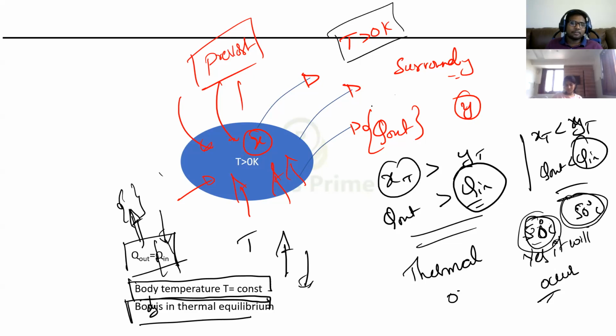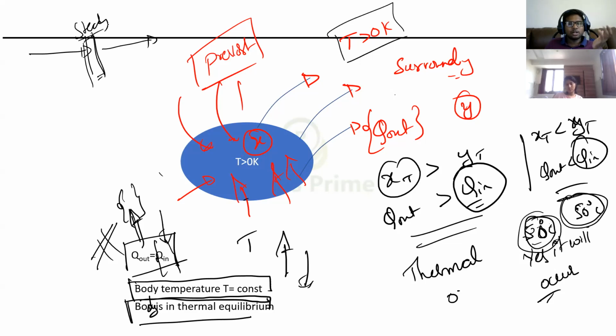Got it? When both the temperatures are the same, the amount of energy radiated is equal to the amount of energy absorbed. That means both things will happen. Suppose however much energy is radiated, the same energy is absorbed. Will there be any change in temperature? No. Like in conduction, however much energy is coming in is going to the right side, that means the temperature of this body is not changing. That point is at steady state.